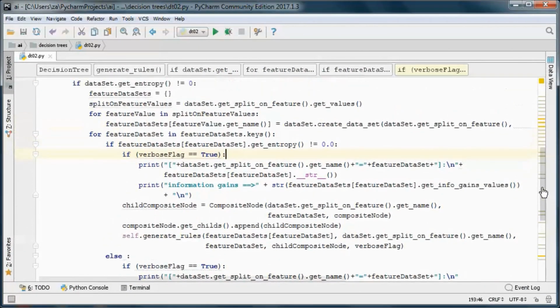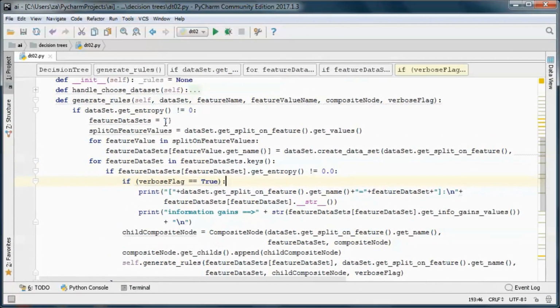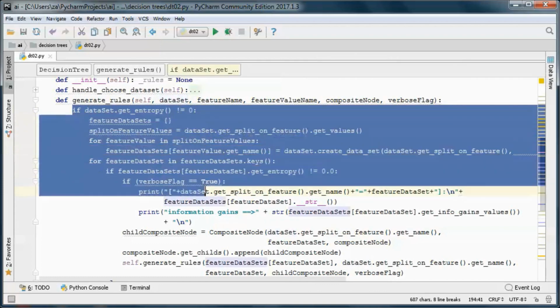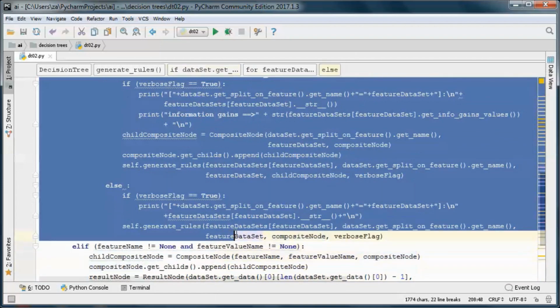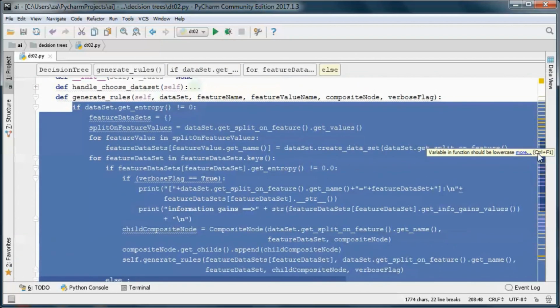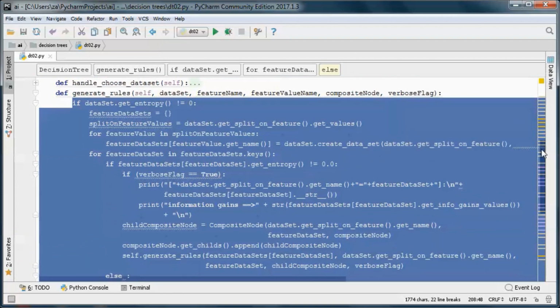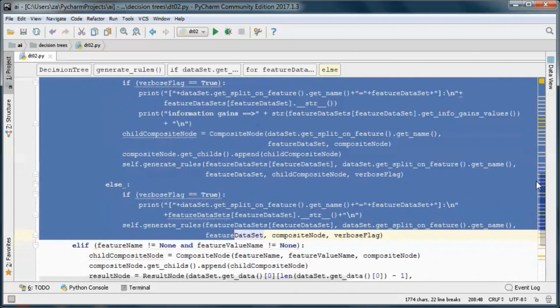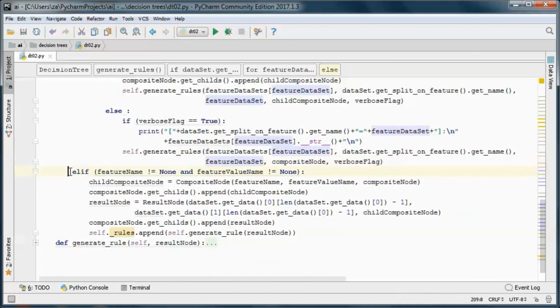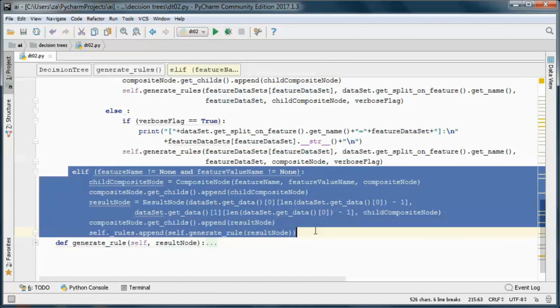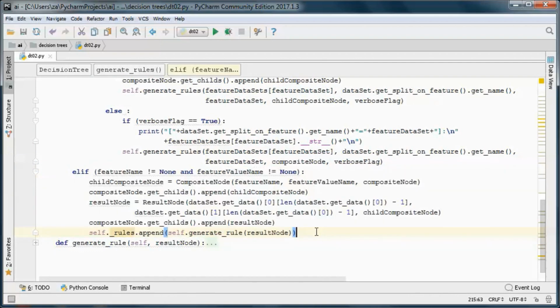And here we are handling the case where we are not at a leaf node, so the entropy is different than 0. Otherwise, if the entropy is 0, then we are at a leaf node, and this is where we are handling that case.